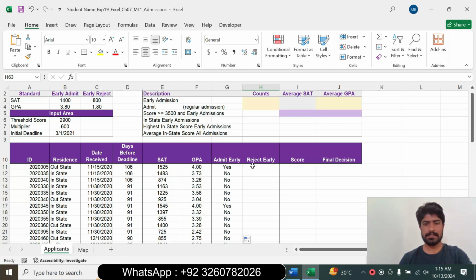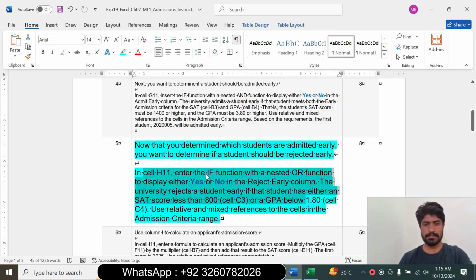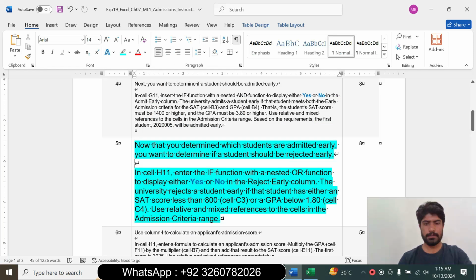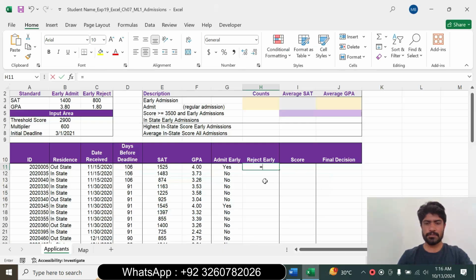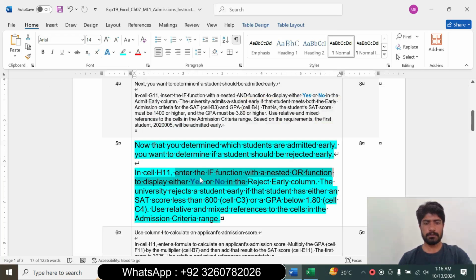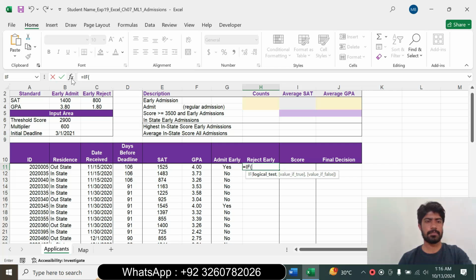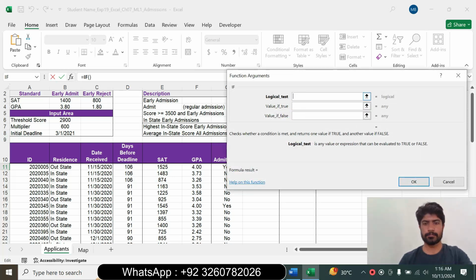Go to the Excel worksheet and select cell H11. H11 selected, and enter the IF function with a nested OR function to display either yes or no in the reject early column. Type equal to and type the IF function. Double click and open the IF function dialog box. Type the OR function and select cell E11, SAT,